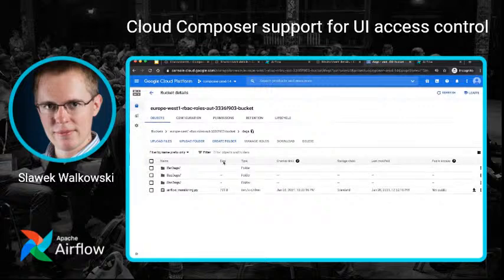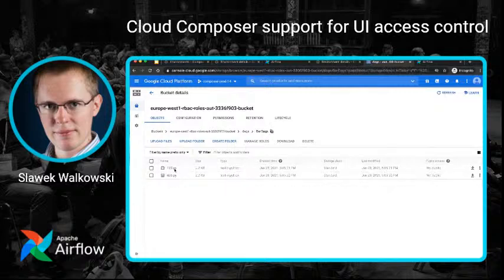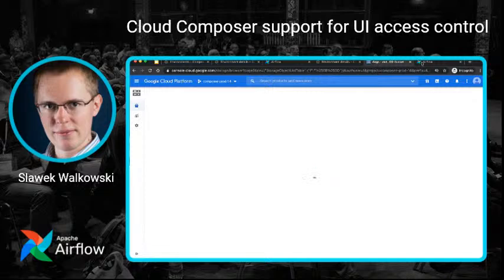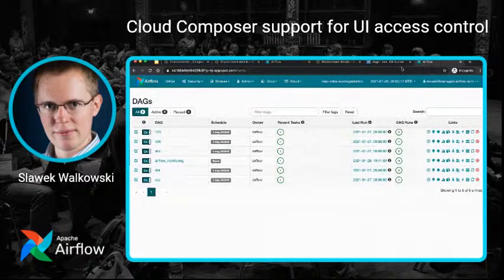So I uploaded a bunch of DAGs to the DAGs folder, and just like in the example from the slides, I grouped them by subfolders, right? So in each subfolder there are some DAGs, and that's all I did. And after a couple of minutes, when the scheduler has processed these DAGs,